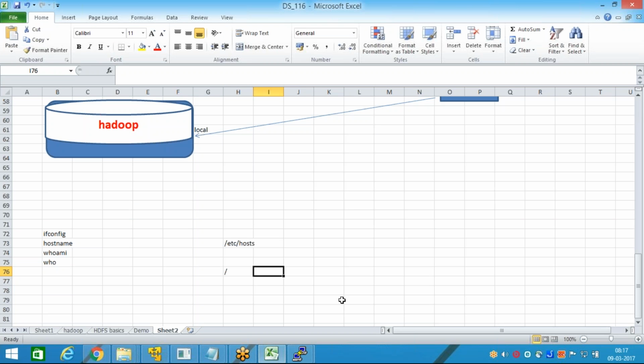This is called root. In Windows, it is always going to be C, D, E drives, but in Unix, everything is under the root. You can represent it with this symbol. And under this root, there will be a lot of folders. And the naming convention of the Unix folder system is